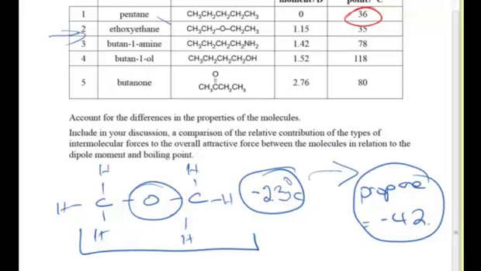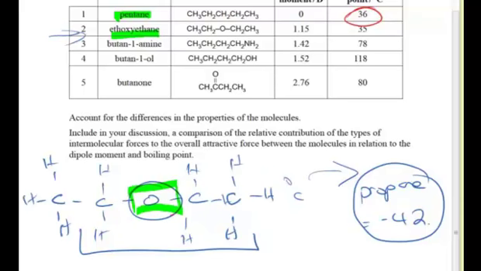It's only about 1 degree difference between these two. So these two are fairly similar. Now, why does this not have too much of an effect? Well, if we have another carbon group on each side, the molecule basically is longer, the chain is longer, and the effect of this oxygen being effectively buried in the middle of the molecule reduces its effect.